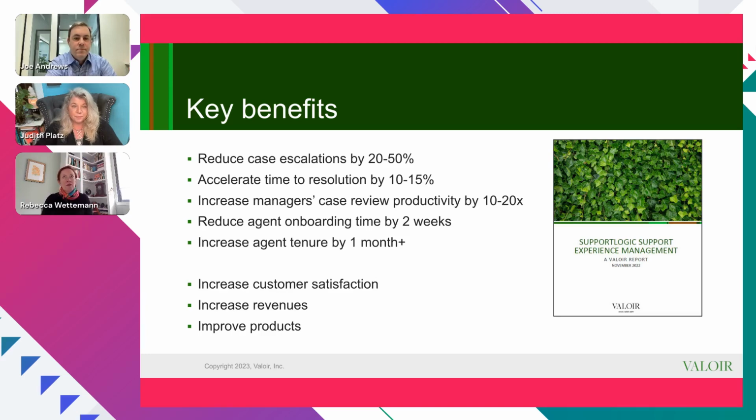And that's important as we think about overall manager time and productivity. But the big question is, what are they able to do with that time? Some were able to take on new projects in terms of further digital transformation within their service and support organization. But the most common theme we heard was they really had time to spend more time with agents, providing more